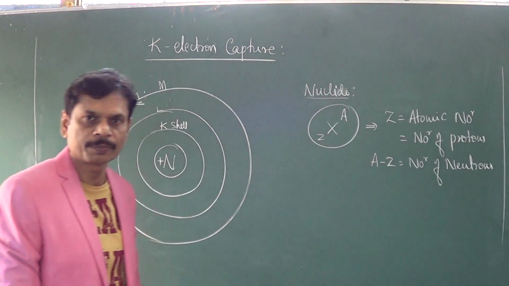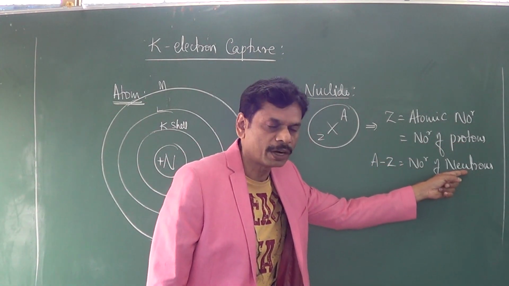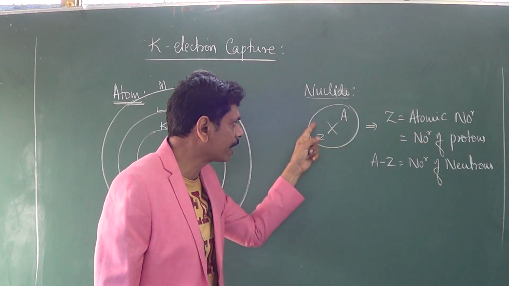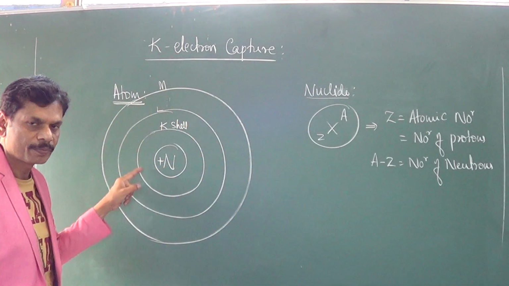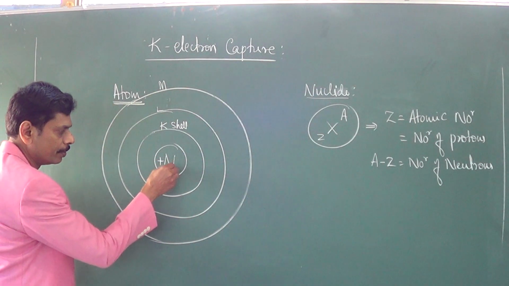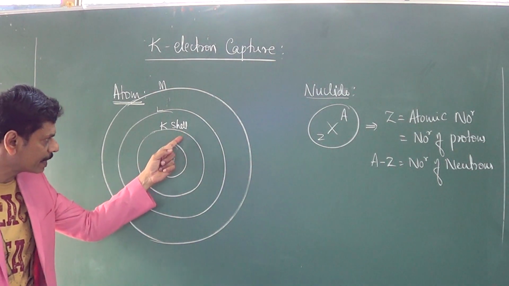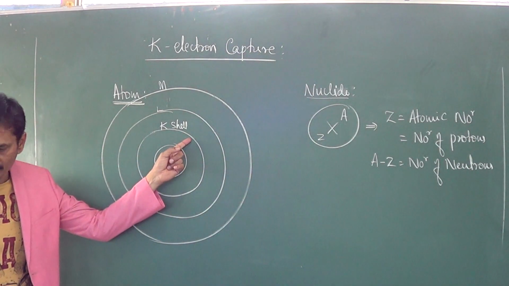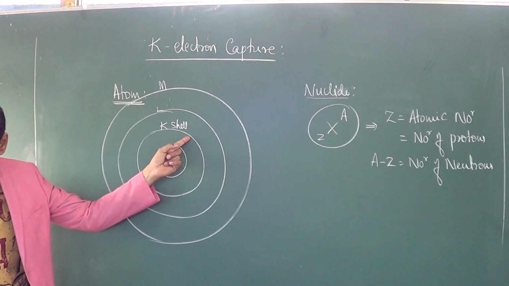Protons carry the positive charge; neutrons do not carry any charge. Hence the nucleus carries a positive charge because of these protons. The electrons revolving around the nucleus have negative charges. And if the nucleus absorbs an orbital electron, usually the K shell electron,